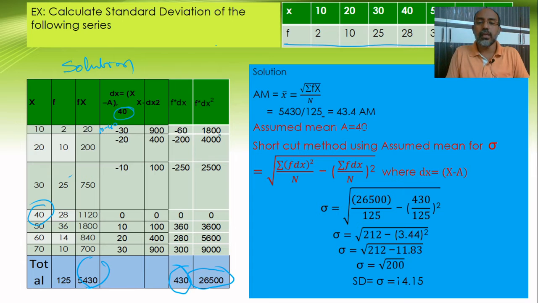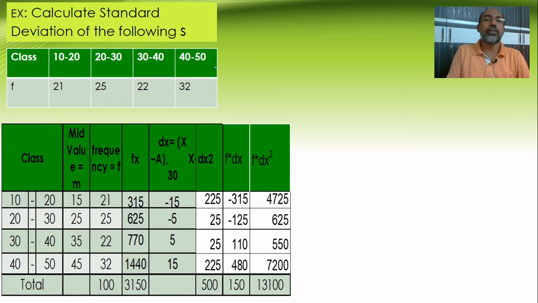Okay. Then going to another method. This is for discrete data. You just understand this. What type of data is this? It is discrete data. Then going to the next one, it has classes like 20, 30, 30, 40, like that. So what kind of data is it? Continuous data. So a solution is required for continuous data.